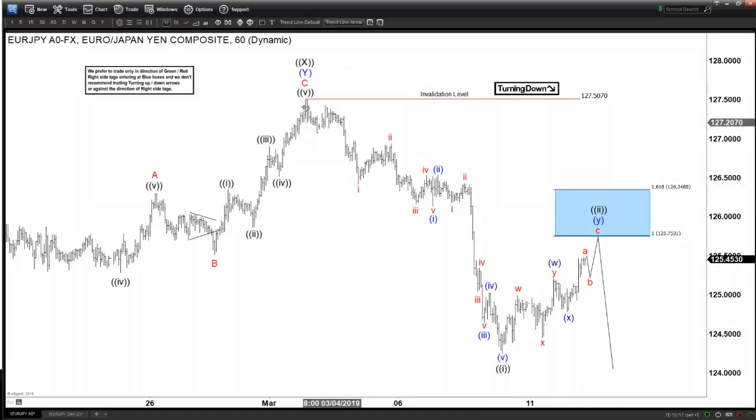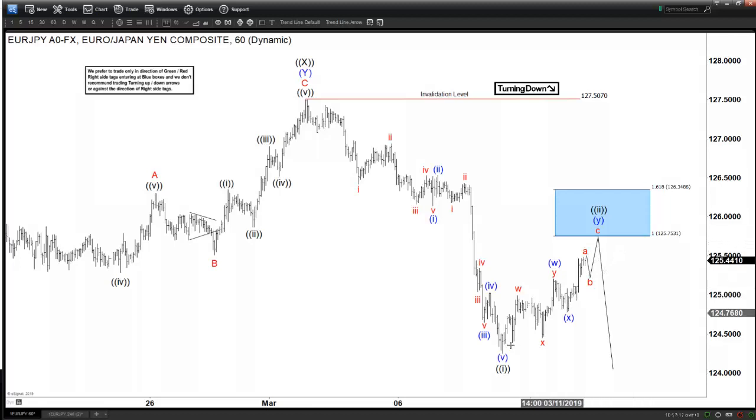But the fact that we do get what looks like a 5 waves down right here suggests that as far as the current bounce here fails below that high from last week, then we can see further downside in the Euro Yen. Now the current bounce is expected to end at this blue box area, which is between 125.75 and 126.34. This is based on the Y equal to the W here,